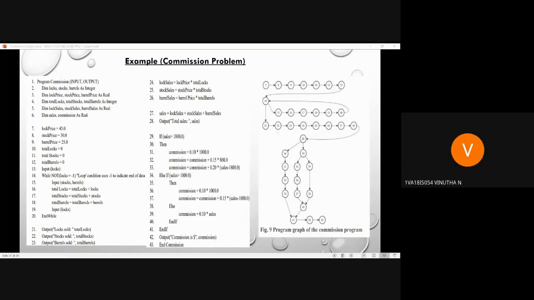Vinuta? Present, ma'am. Prajwal? Present, ma'am. Pritom Kumar? Present, ma'am. Deepti? Present, ma'am.